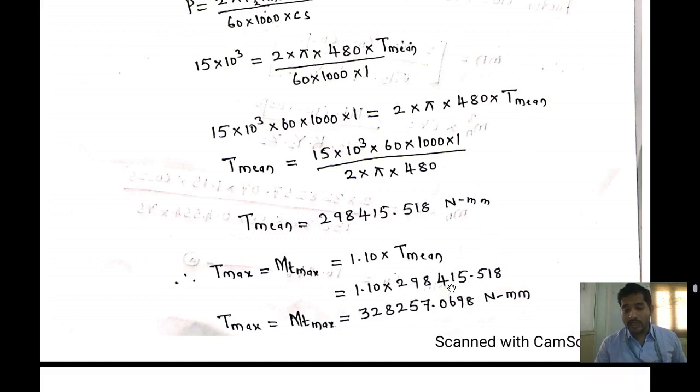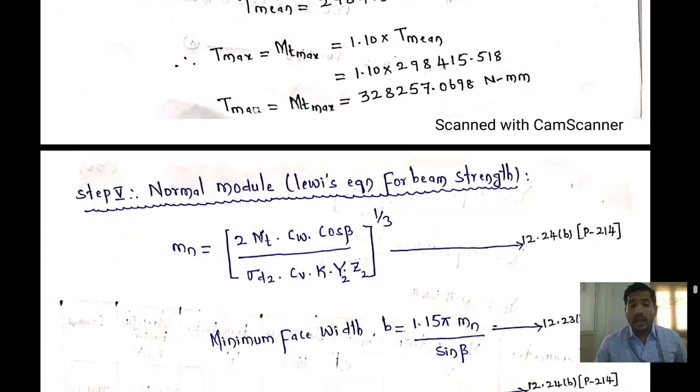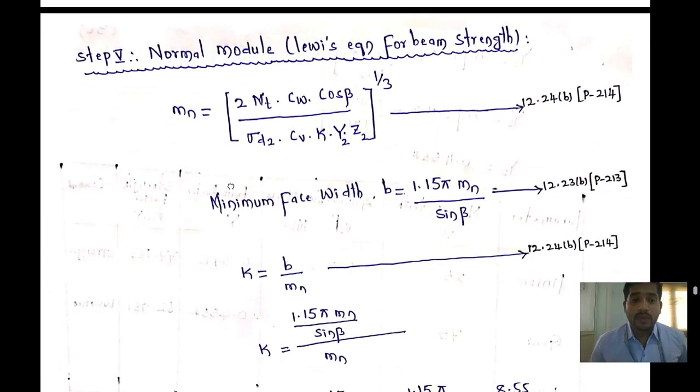298415.518. Substitute over here, then multiply with 1.10, and you will get the T maximum value as 328257.0698. After getting the value of T maximum, we need to find out the normal module. Mn is equal to 2 into moment of torque into Cw into cos beta by